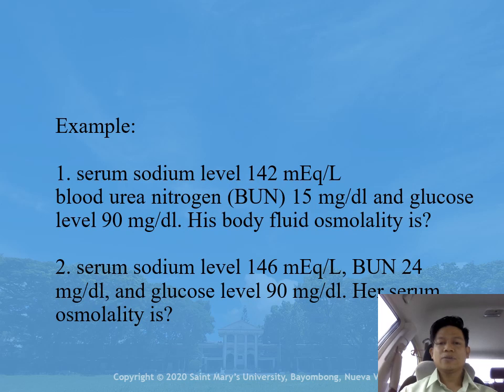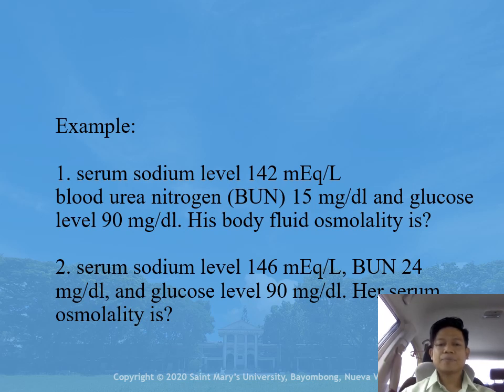His body fluid osmolality is, so let's all compute, 2 times 142 plus 15 over 3 plus 90 over 18 equals 294 milliosmoles per kilogram,